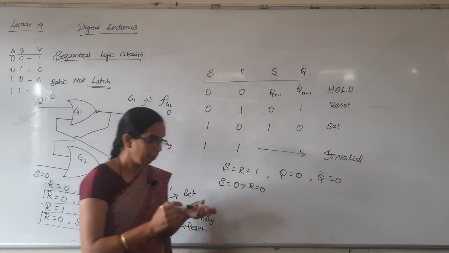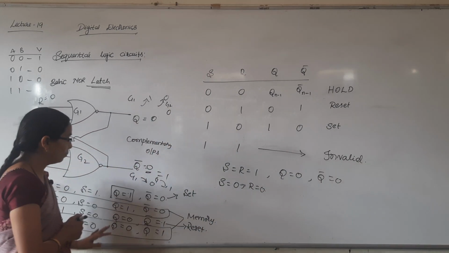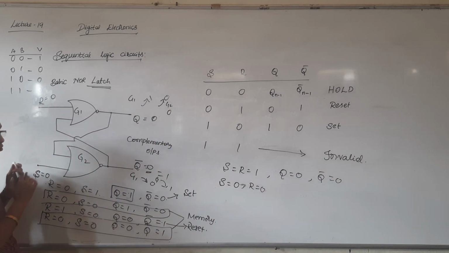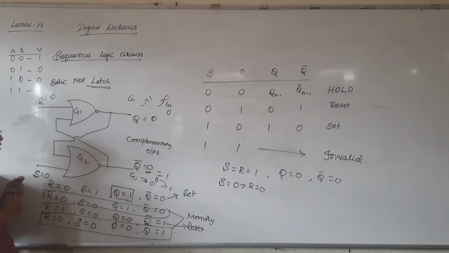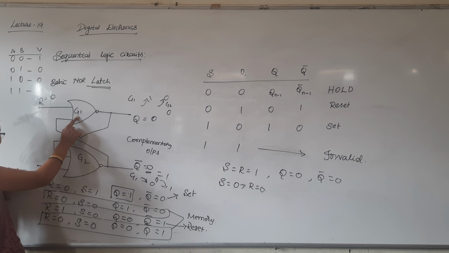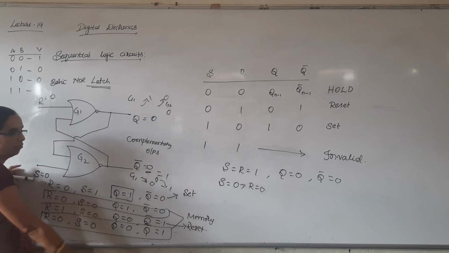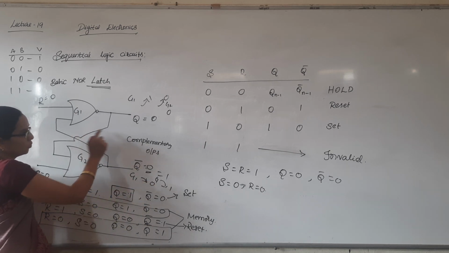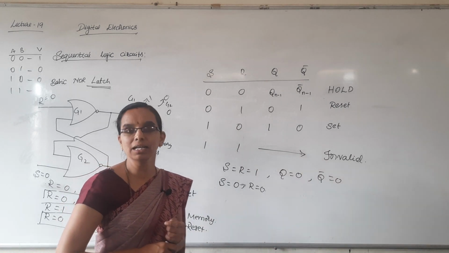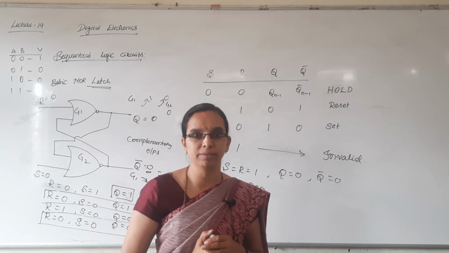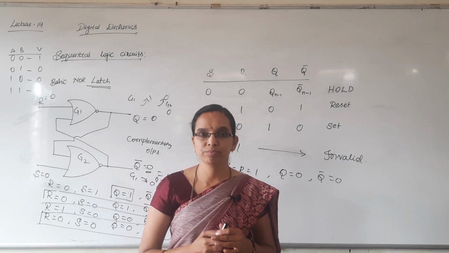This cannot happen. Even if we agree both are 0 0, for the next case it will not remain in 0 0. When I analyze using gate 1, it goes to 1 and 0. When I analyze using gate 2, it goes to 0 and 1, which is unreliable. It is not a reliable network. That should not happen. So that cannot be possible.